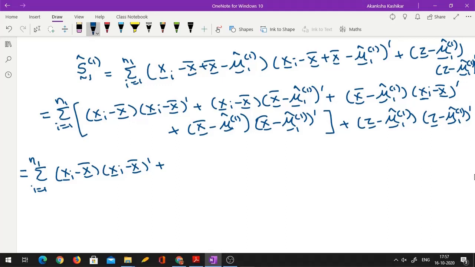In the next term, x bar minus mu1 hat is free from i, so it can come outside. Now since mu1, mu2, sigma are unknown, I would be left with my first job, which is to estimate those. Same story here, with x bar. Now we have already derived formulae for estimates of mu and sigma in the multivariate normal setup in the multivariate course. So let me see what happens under H1, summation i going from 1 to n1.